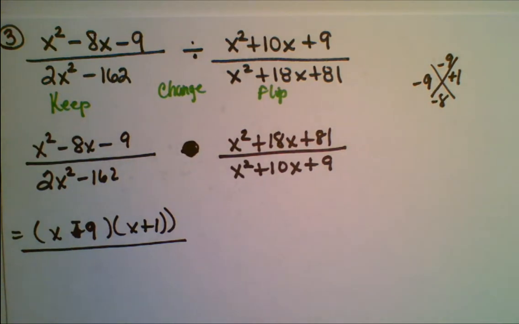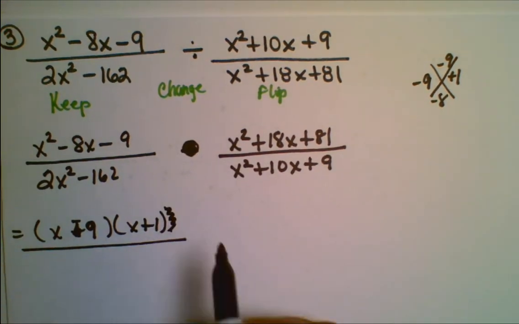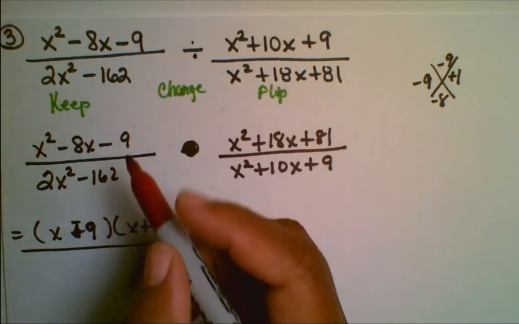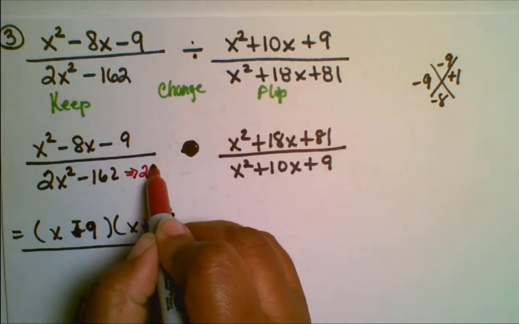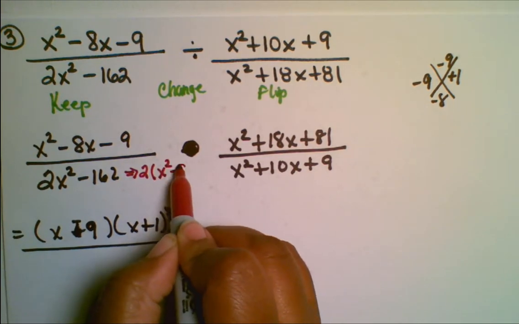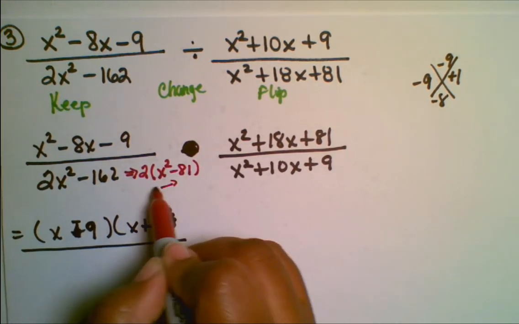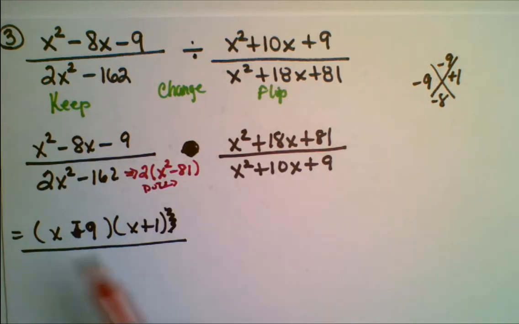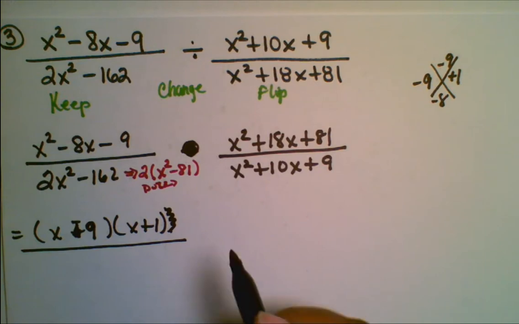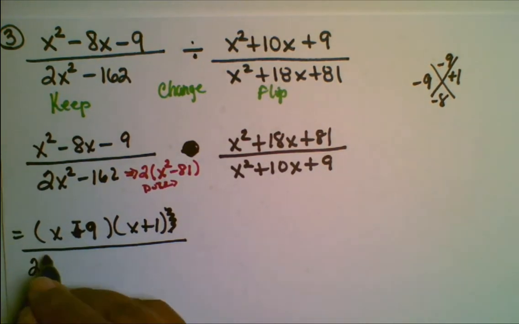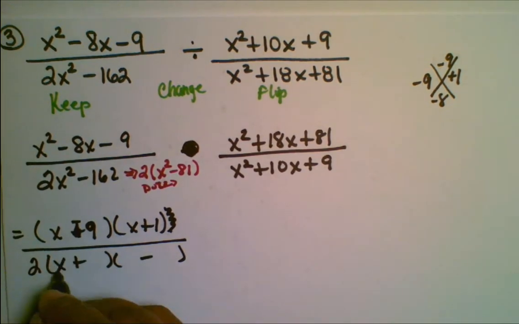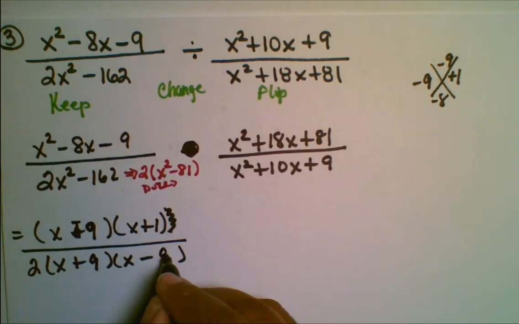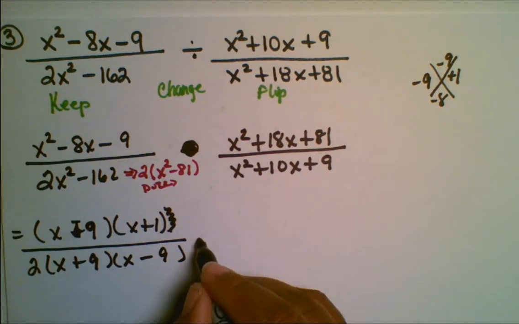Our denominator for the first fraction, this is a two-parter. We can factor out a 2, and then we have 2 times x squared minus 81. And the x squared minus 81, in order for us to factor, we're using the difference of two squares pattern. Opposite signs, x and x, 9 and 9 for the last term, times